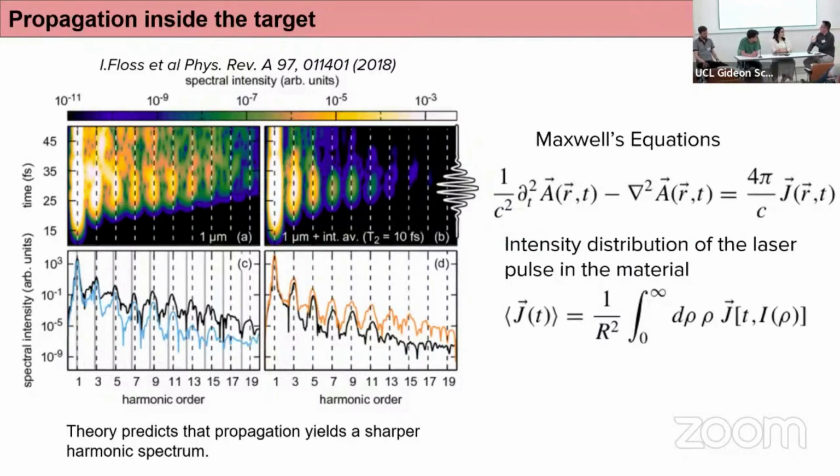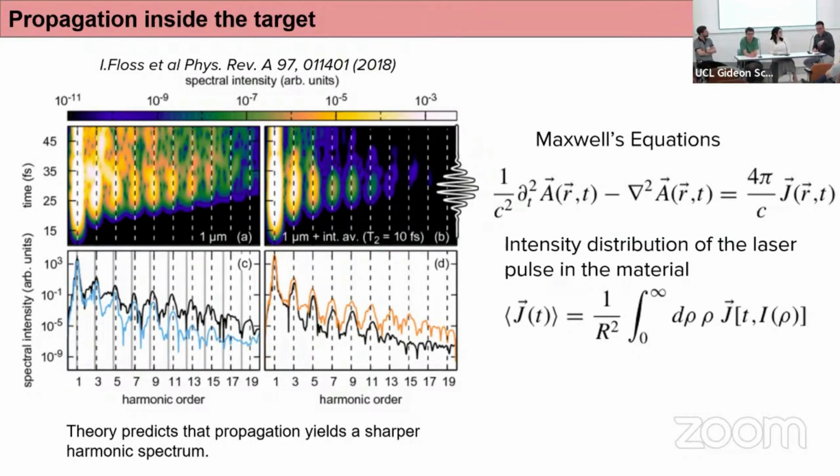So, for instance, one of those effects might be the propagation of the laser through the material. In this work from Ploss et al., they considered the propagation effects in two ways. They solved, in a really computationally intensive calculation, the Maxwell-Bloch equations, and also they considered the